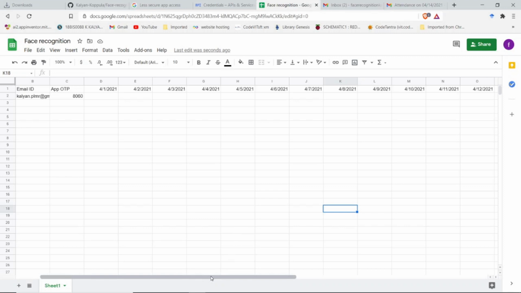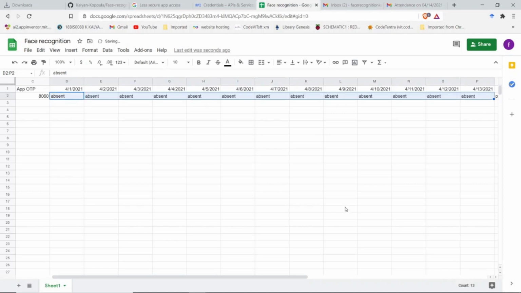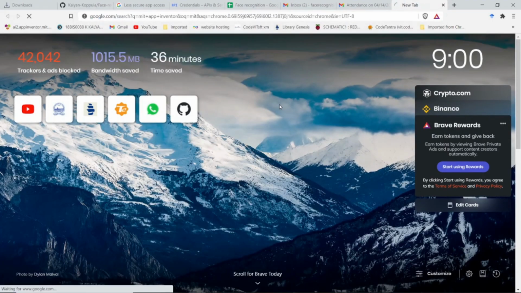So before that, in the Excel sheet, for the days before the attendance you have marked, for me, I started my attendance on 14. For the days before that, you should not leave the cells empty. So I'll fill them with absent. For the days after the starting day, we'll be using the project to mark the attendance, so there is not any problem. Now to build the app, we'll be using MIT App Inventor.